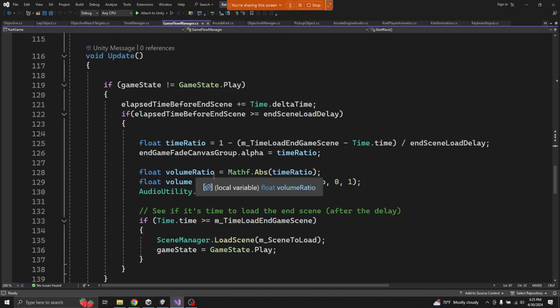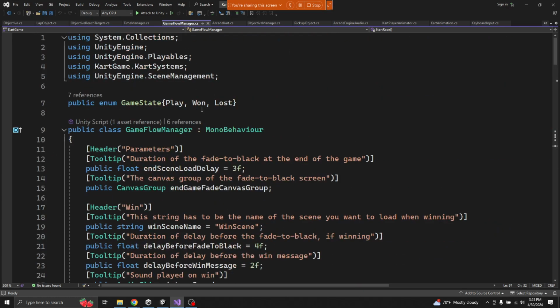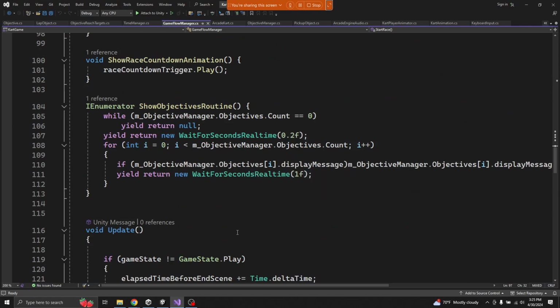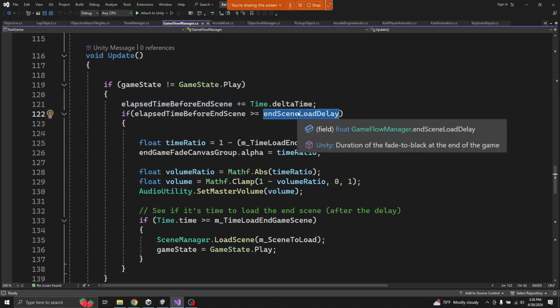So void update. If game state is not game state play, what else could it be? Won or lost. Okay. So we go right into play, it looks like. So if we're not in play, we've either won or lost. And elapsed time before end scene. So we take all the little frames of time and we throw them into this elapsed time before end scene. And when this gets greater than end scene load delay, which I think was like 3 seconds or something out in the inspector,